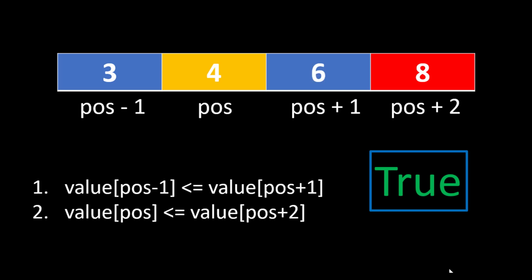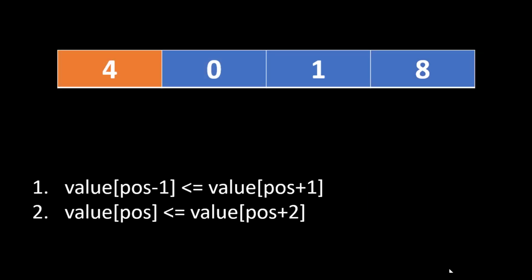So now if we change the value at 6, we are sure that this is an increasing subarray and hence the answer is true. Now coming to some of the basic boundary conditions. As we are checking the value at position -1 and position +1, we need to take care of the fact that the position can still be index 0.